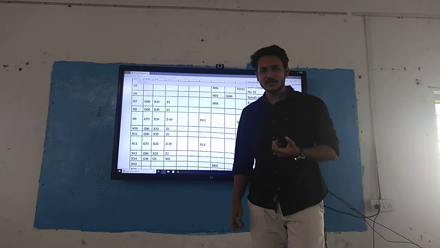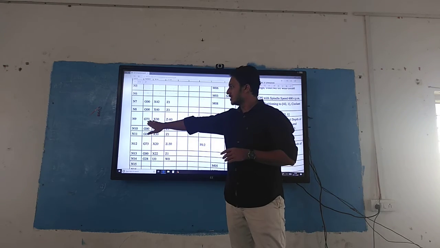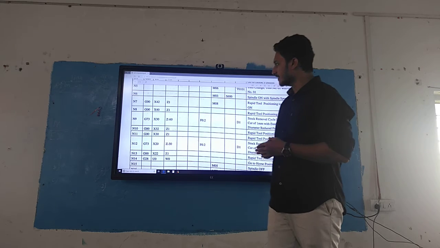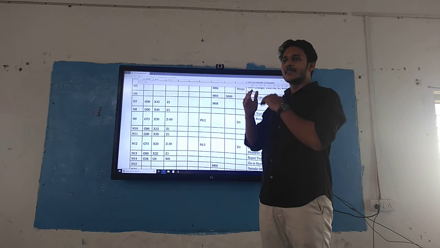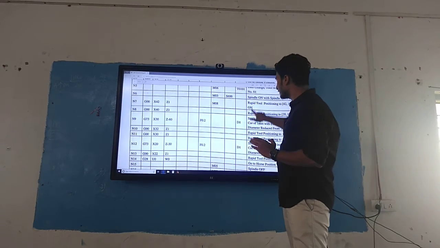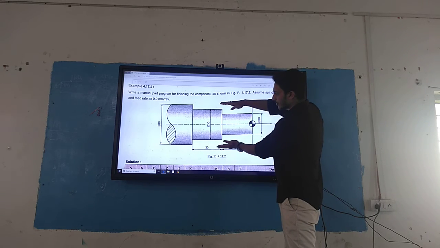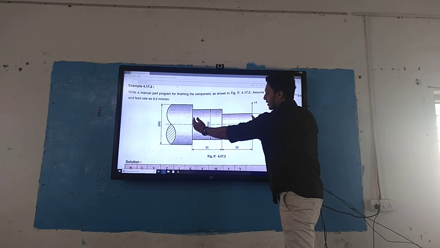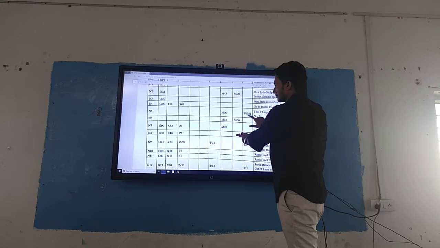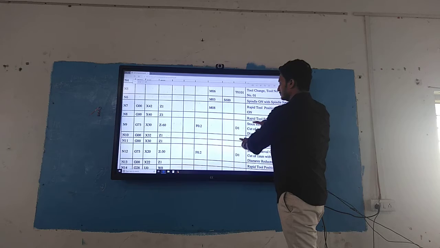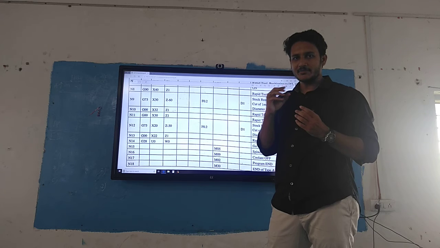So what are we using? We are doing the stock removal cycle. For stock removal cycle, we need to use G73. In this stock removal, it is going to reduce the diameter from X40 to X30 till Z equal to minus 60. So here it is going to reduce 40 to 30 till 60 mm. Now it has reduced the size from 40 to 30 mm till 60 mm.